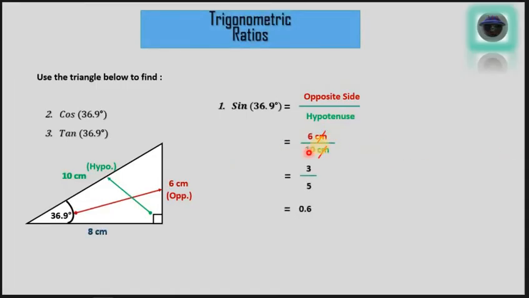And so what that gives us, when we cancel out the centimeters, that's 6 centimeters over 10 centimeters, we end up with 3 over 5. That is 2 into 6, 3 times, and 2 into 10, 5 times. By the way, a calculator could do this. But nevertheless,